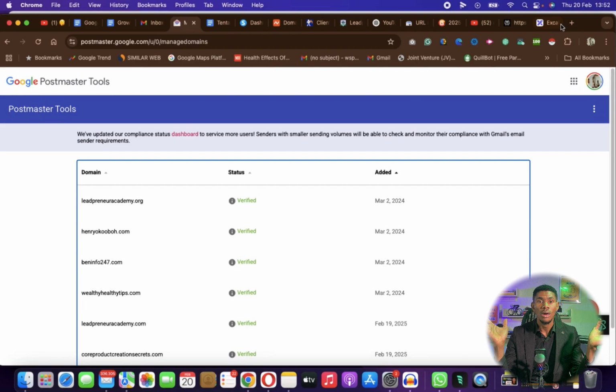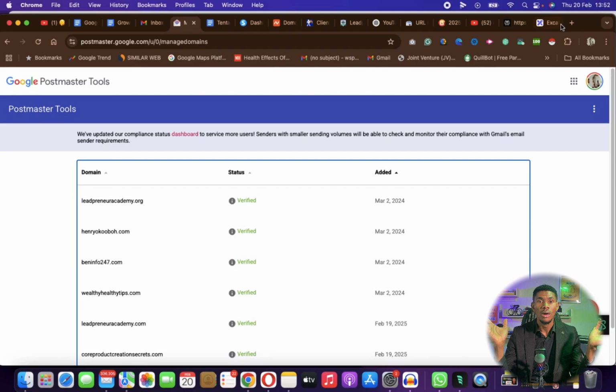They will not allow you to use their service, and thereby all your emails will be going to spam. But when you follow the regulations by making sure that you verify your domain, so that the email address you are using to send email to subscribers is verified, it helps to reduce spam and phishing. So with this intro out of the way, let's go straight and look into how we get to do this